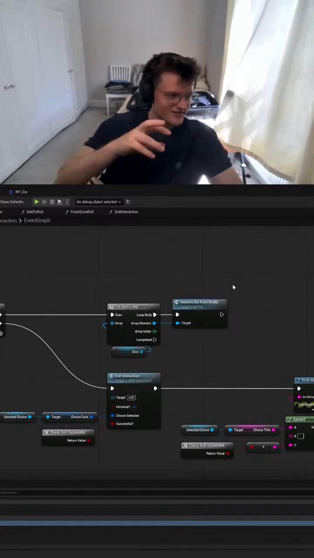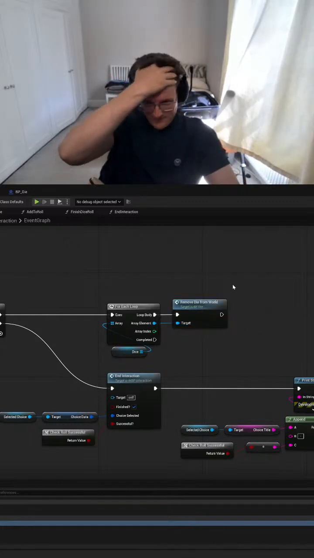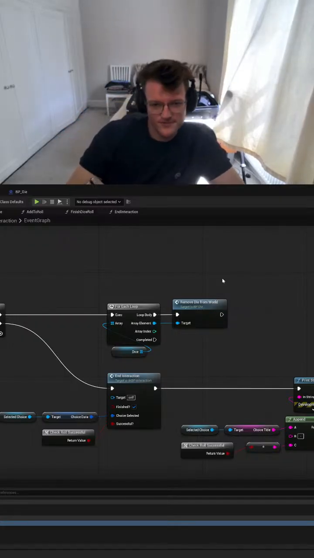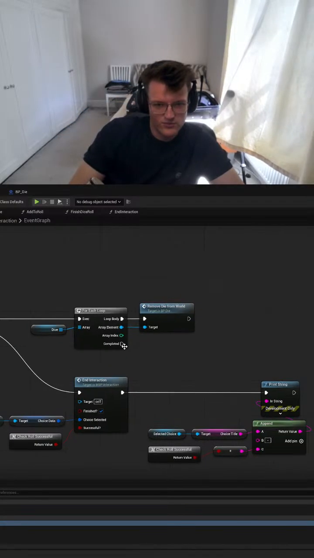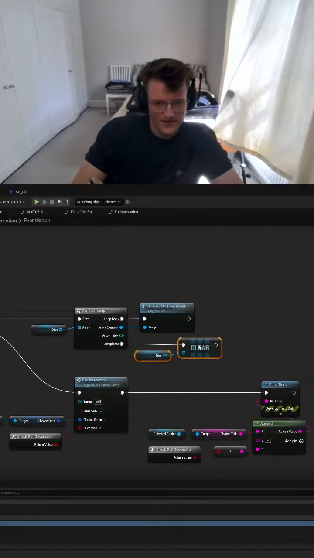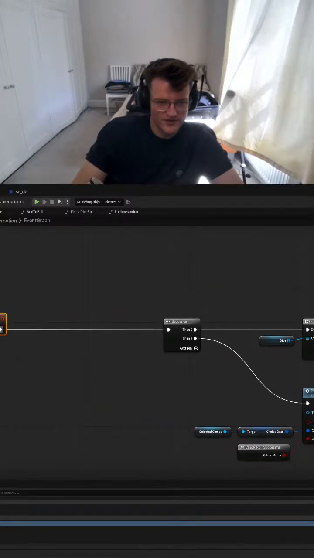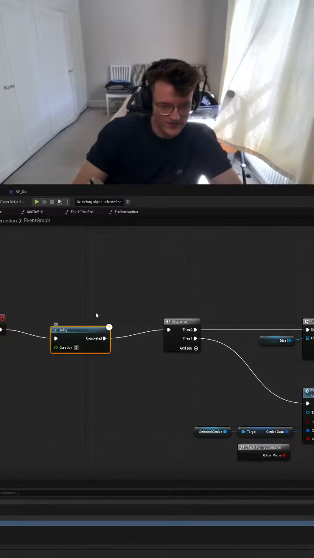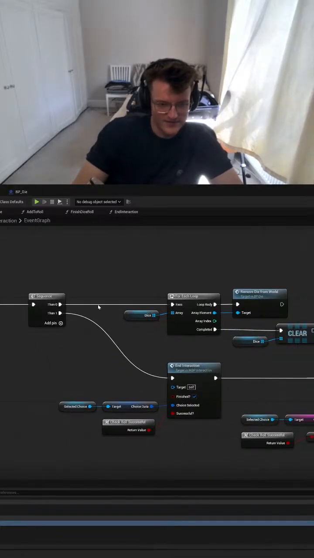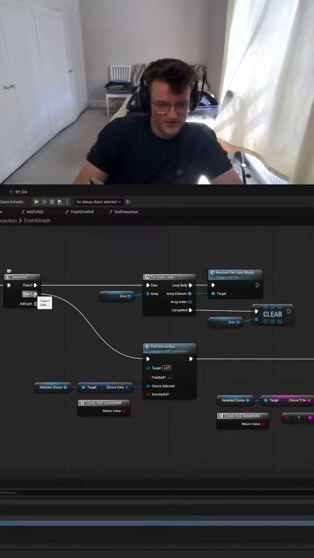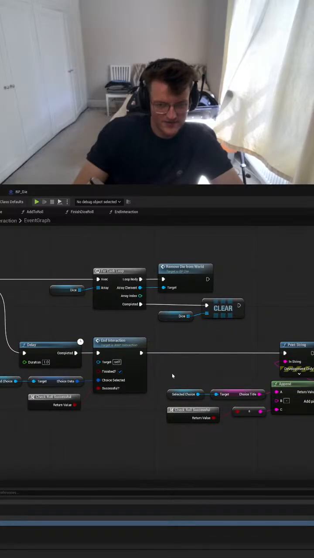And I think eventually that would be able to have a nice little animation with some particle effects, whatever. A little magical poof. And once this is completed, get dice and clear. And this will just do roll dice over. We'll just do delay for 2 seconds. And then once this is done, delay 1 second with a print string, or just